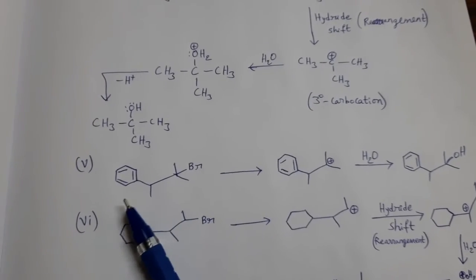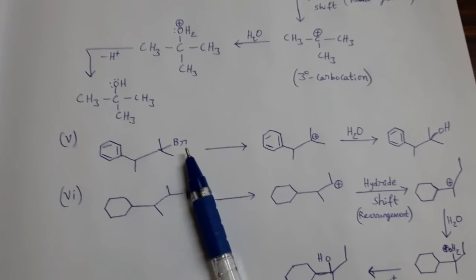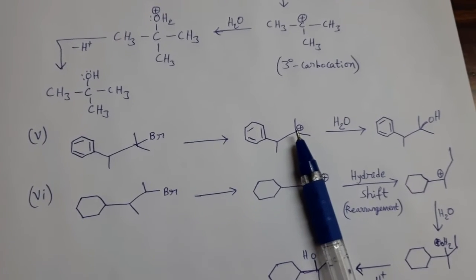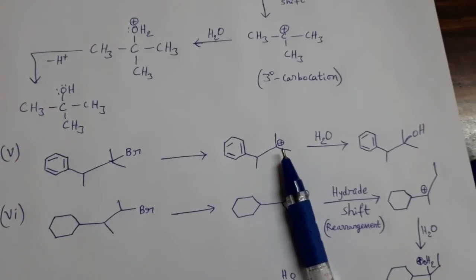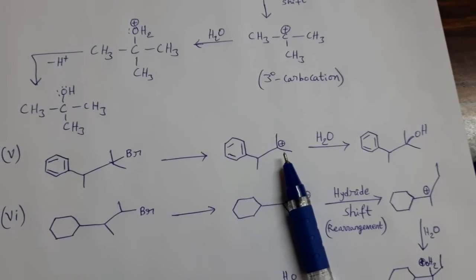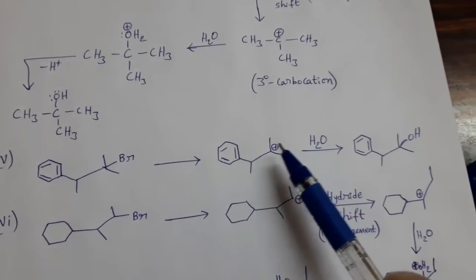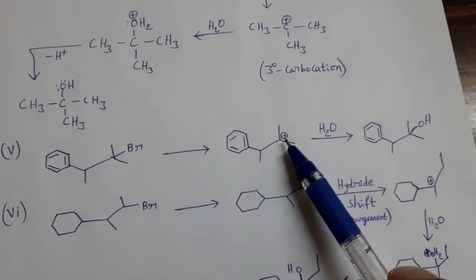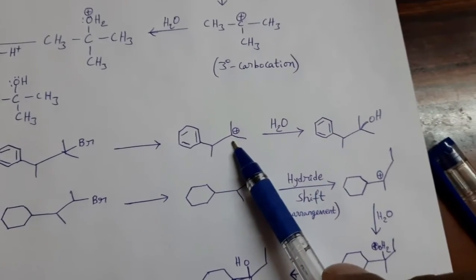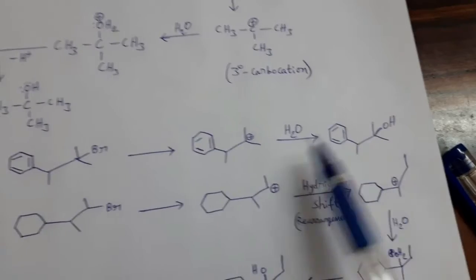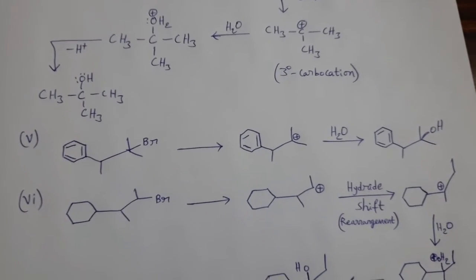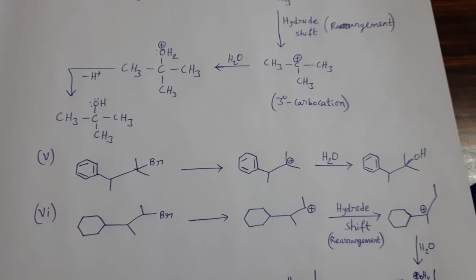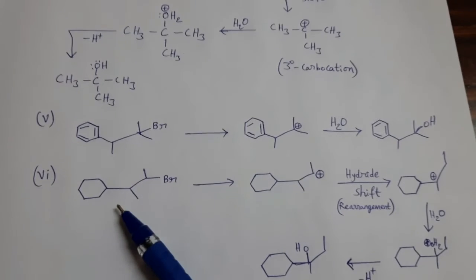And fifth reaction, benzene ring having halogen in the side chain. From this, halogen is removed. Then we can get a carbocation. This carbocation is more stable because it is a tertiary carbocation. This carbon atom is attached to this carbon, this one and this one. So it is more stable. This ion is treated with water. We can get alcohol. In this reaction, no rearrangement takes place. The formed carbocation itself has more stability. That's why no rearrangement. Next, sixth reaction.